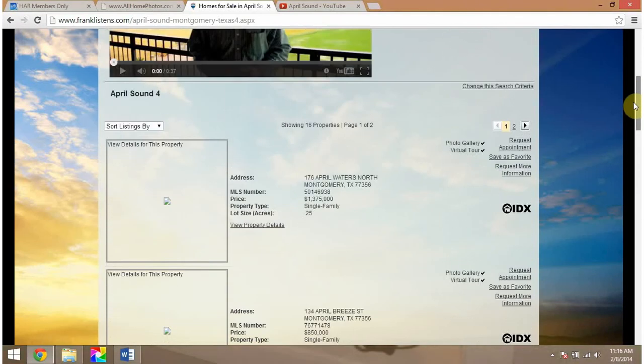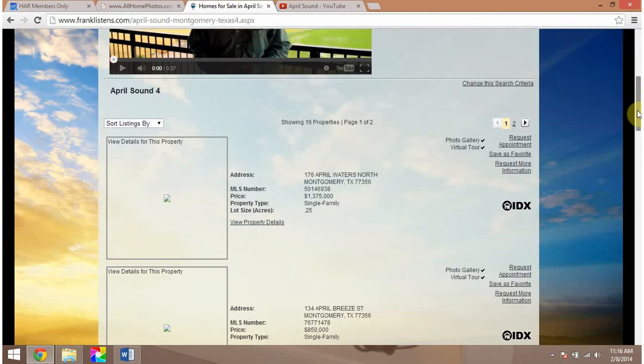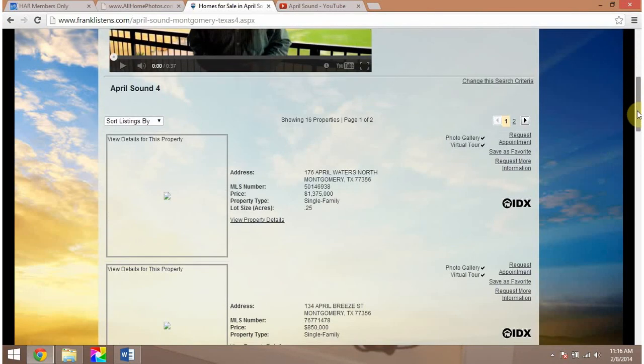The way this serves you at a very high level is that the saved search functions almost as a blog entry that you're updating several times each day. Search engines give great preference to websites with fresh content. And now, every time there's an update on any of these properties in April Sound, whether it be a price change or a status change, I'll have a fresh update, fresh content on the page,